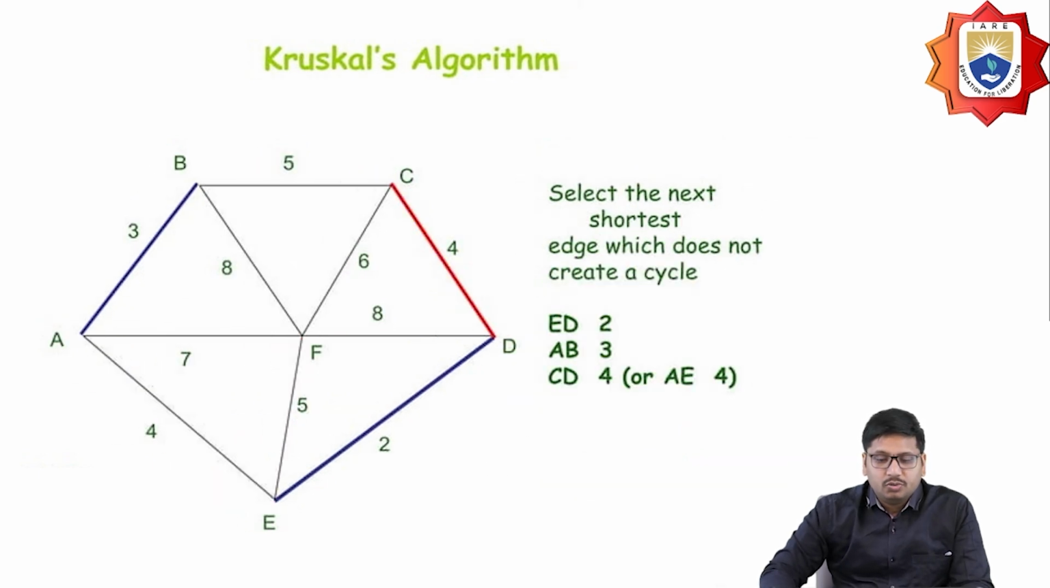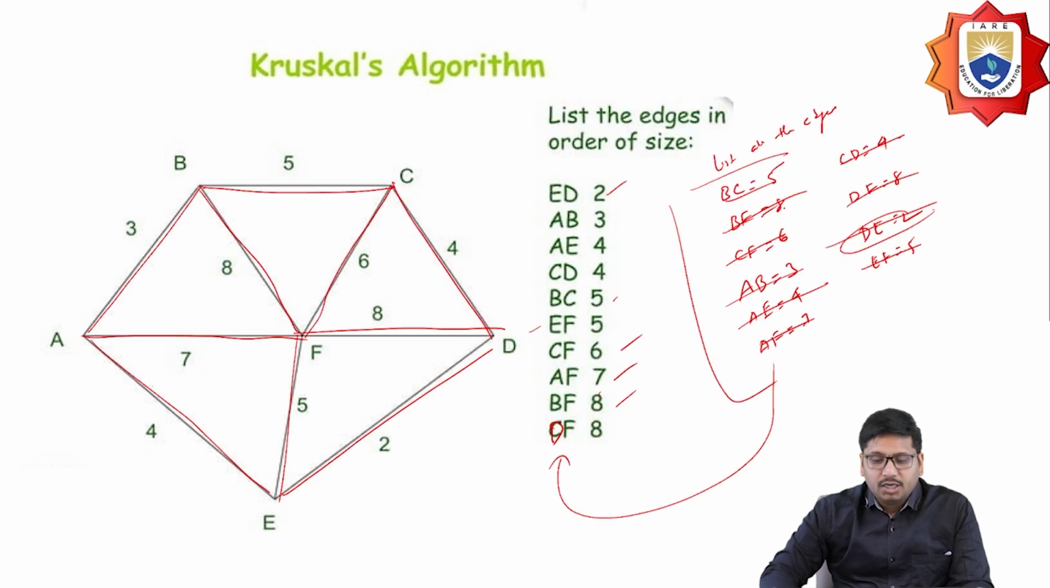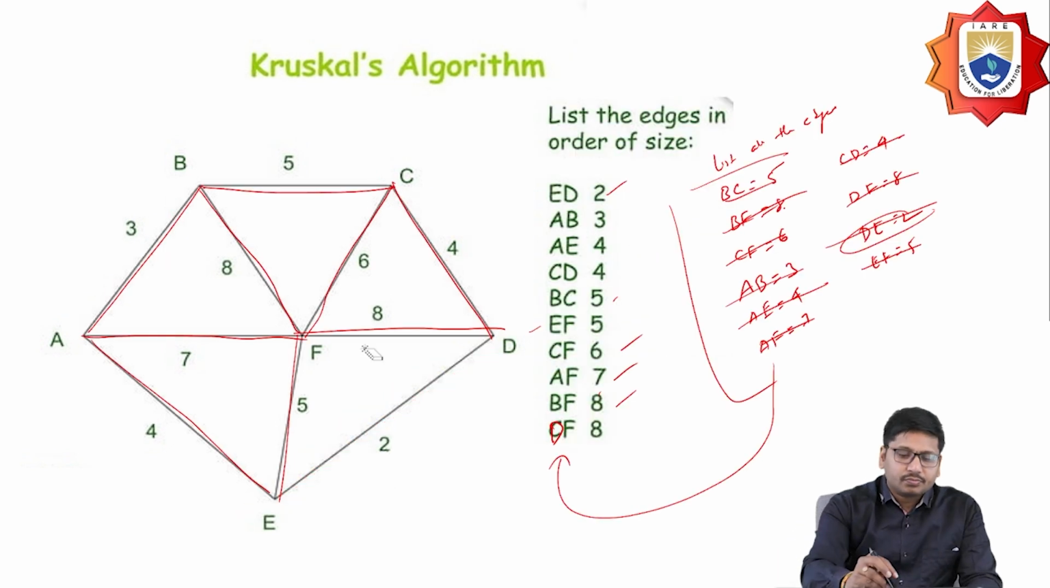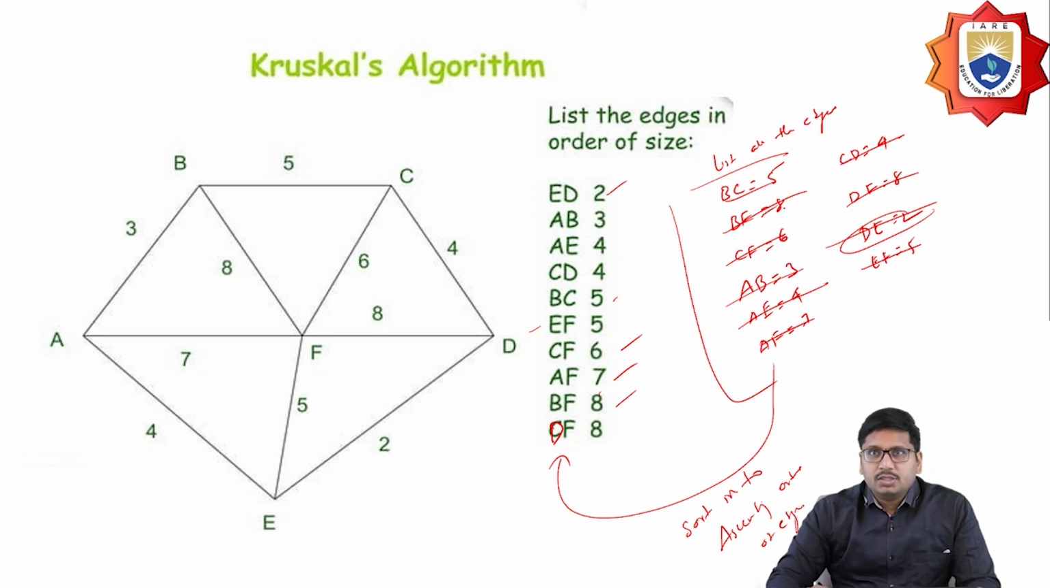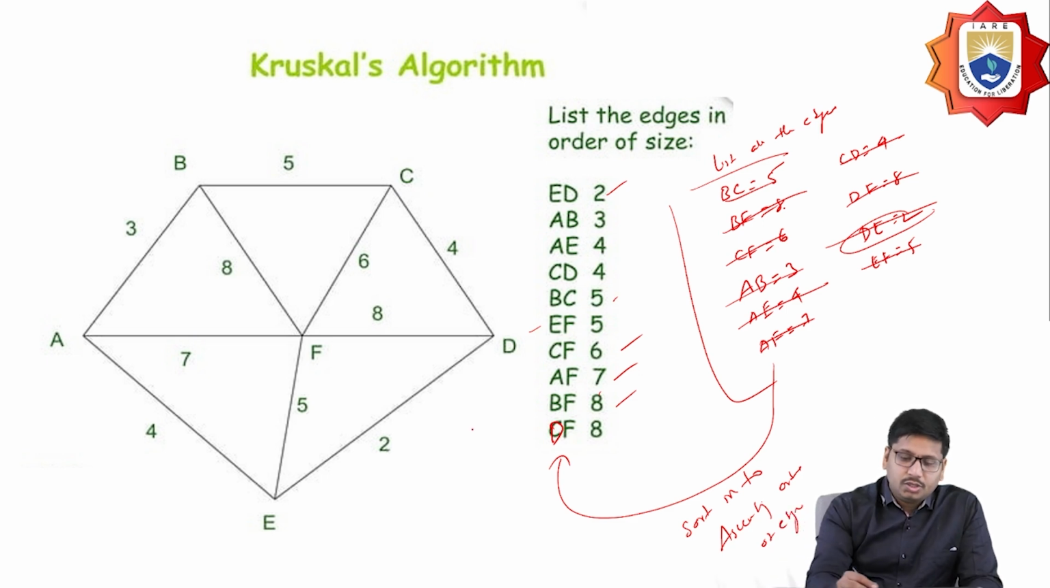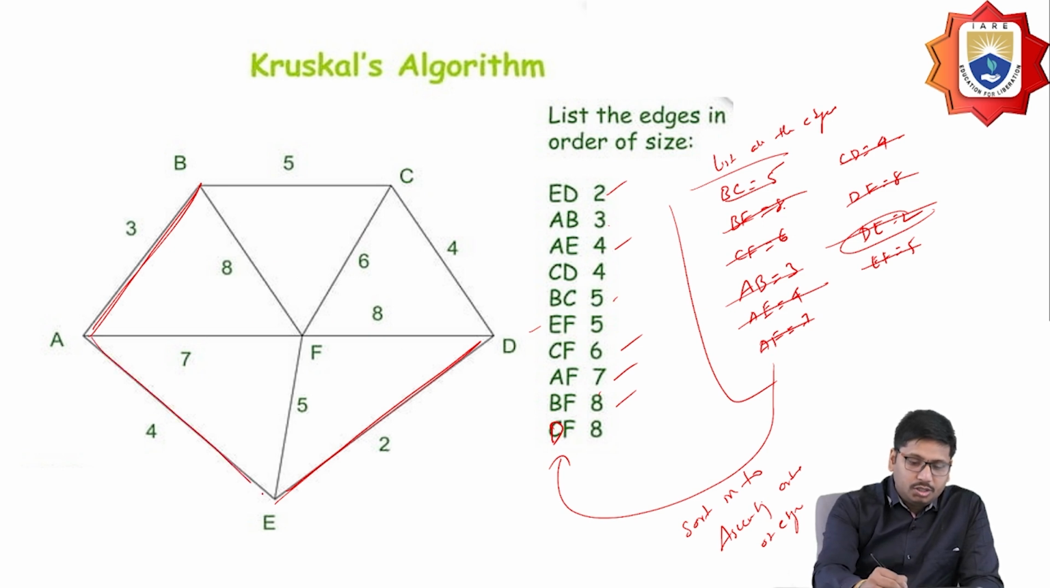So first, what I have to do is list out the edges with weights, and then sort them into ascending order of edges. Once that is done, we mark them. So ED is the first one, next AB is the second one, and then AE. AE I'm going to consider, and then CD 4